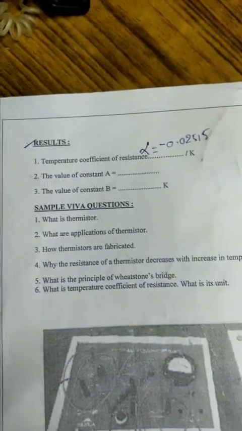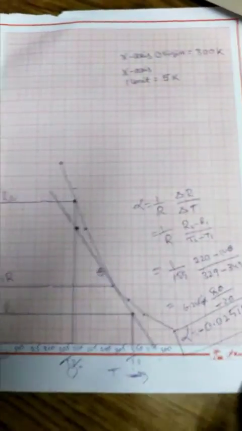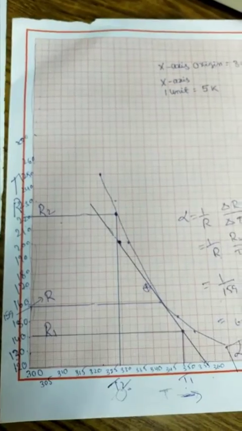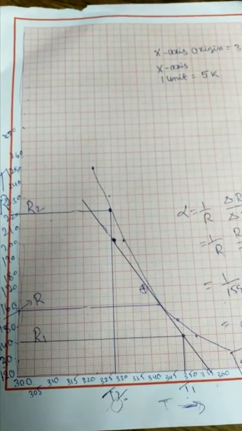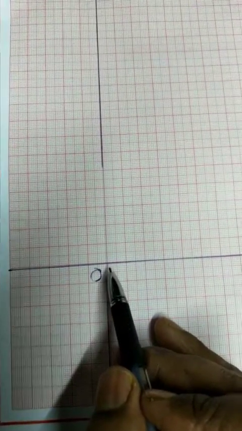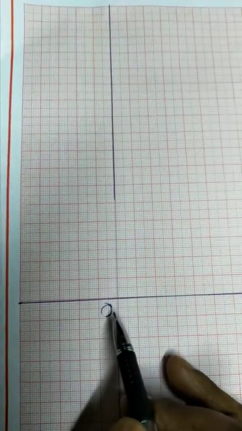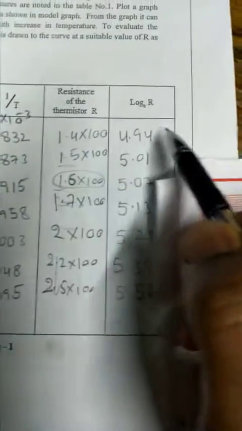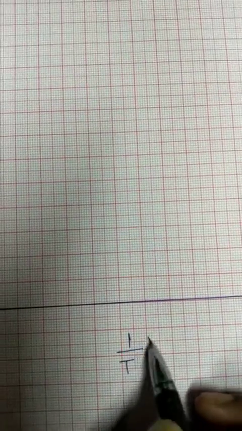Okay, so the coefficient of resistance tells how much the resistance is increased. And from the second graph, I will show you the second graph also. You have to calculate the A and B values. First rule for your second graph is you have to start from the origin, not at the corner, and the scale you compulsorily have to take from 0. Okay, so now 1 by T versus log base e R values you will take out. Now I'll start here with 1 by T, and I'll multiply by 10 to the power of minus 3.